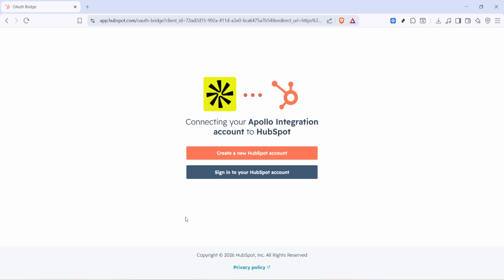exactly where you expect. After you complete the sign-in, the window will close, and Apollo will bring you back to the integration screen. At this point, you should see confirmation that the connection is active. If nothing happens, check for a blocked pop-up in your browser and allow it, then try again. If you searched and didn't see HubSpot earlier, clear the filter and make sure you're on the integrations page in